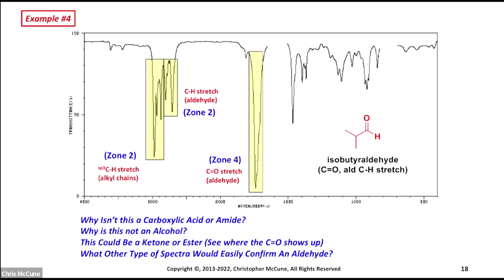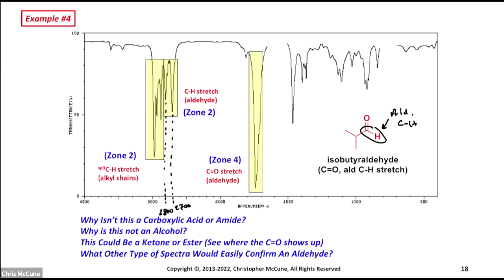Example 4, I wanted to show you because here's a nice one where you see the aldehyde CH stretch, and it's different than a normal sp3 CH stretch. It's different from an sp2 CH stretch. It's on the low end of zone 2. If you look down here at my axis, it ranges between 2700 and 2800 roughly. And so if you have a CH stretch, that's the aldehyde CH stretch, that's this CH stretch right here,